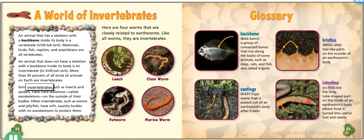Some invertebrates, such as insects and spiders, have hard skeletons, called exoskeletons, on the outside of their bodies. Other invertebrates, such as worms and jellyfish, have soft, squishy bodies with no exoskeletons to protect them. Here are 4